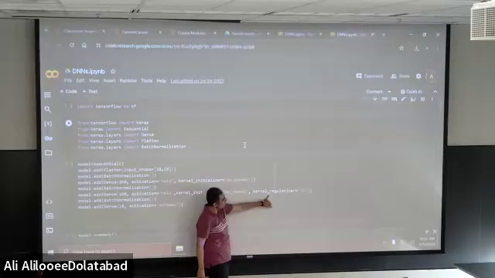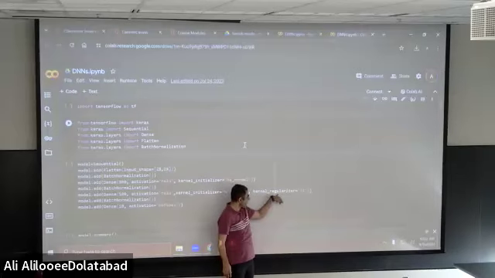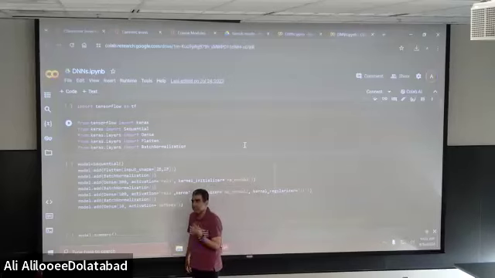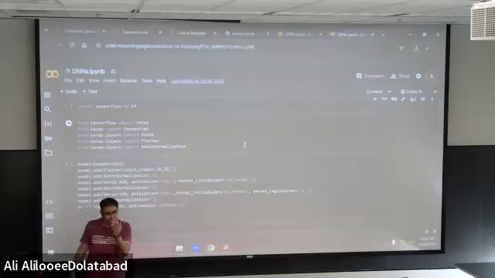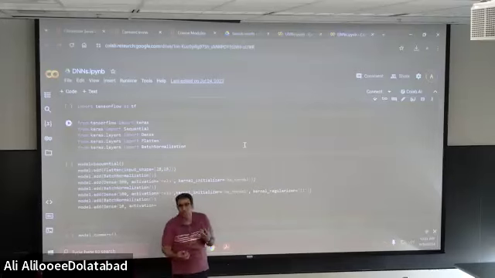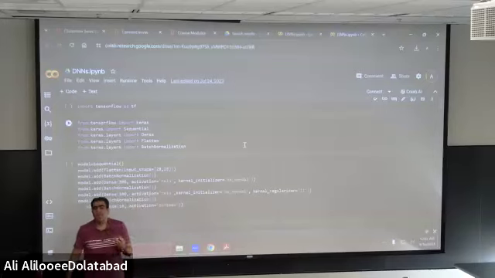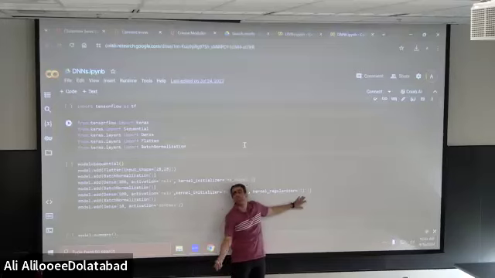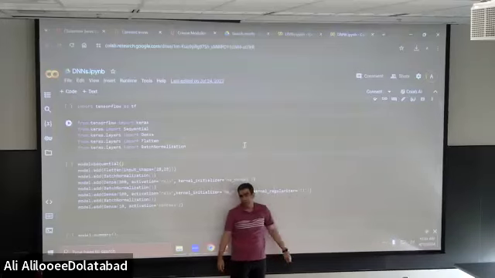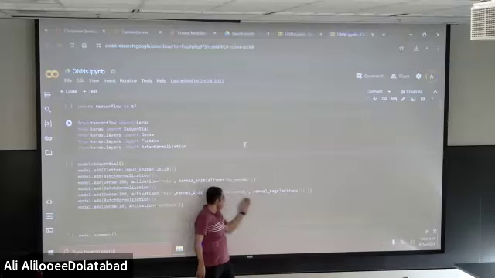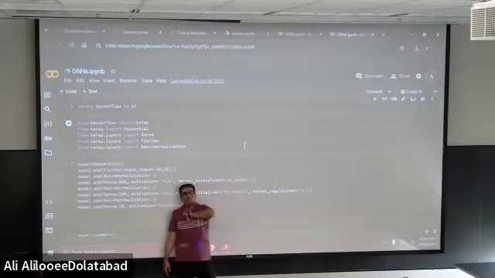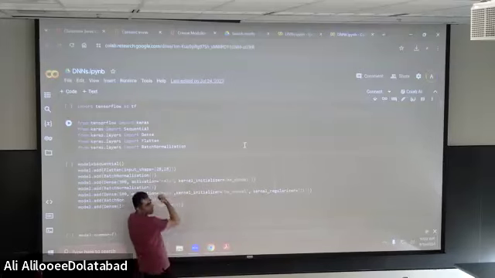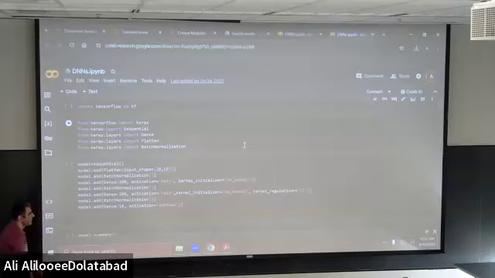So, what about kernel regularizer? Again, in the homework, you can write this and you can skip it. But when you write kernel regularizer, as we explained, if we want to reduce overfitting, what kind of regularization can be used? There are plenty of different regularizations which can be used here for reducing overfitting. Here we are using L1. There is a lot of math behind these, but if you don't know anything about them, you can just use Keras. You can see how powerful Keras is. Okay, that's the first.